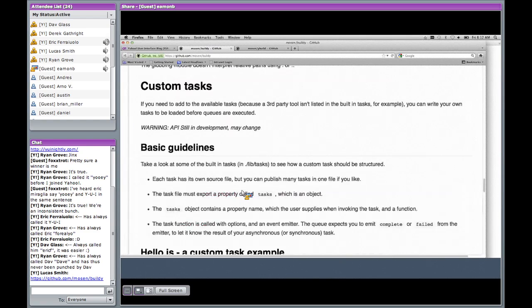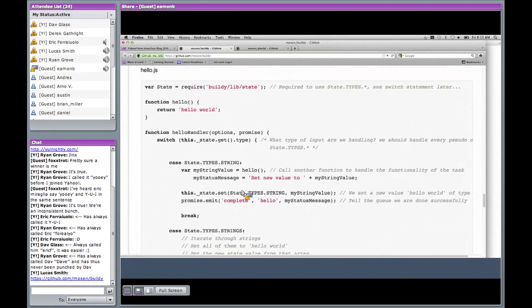So the promise is how it links back into the queue chain? Yeah, I've actually changed this to status. That's kind of a better name, because the status object is something that you emit different events on, and it informs Buildy about what's happening in your particular task, and then Buildy can take a decision on whether to log that information or not.